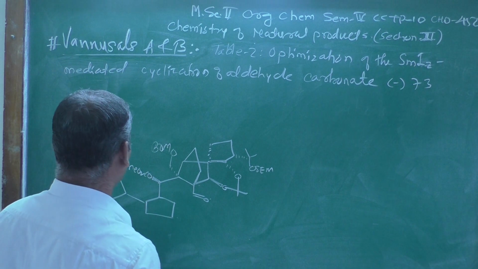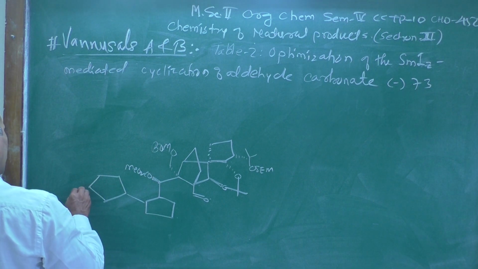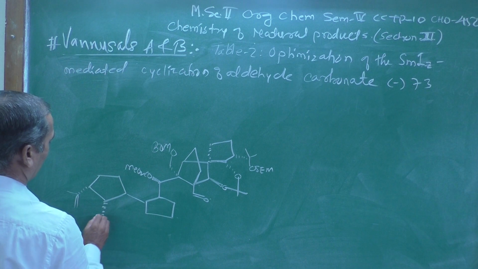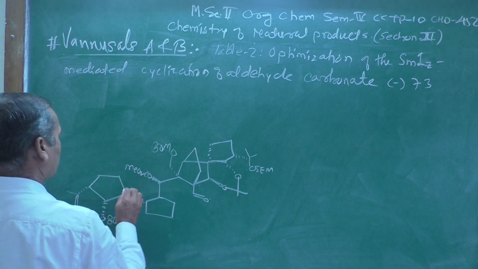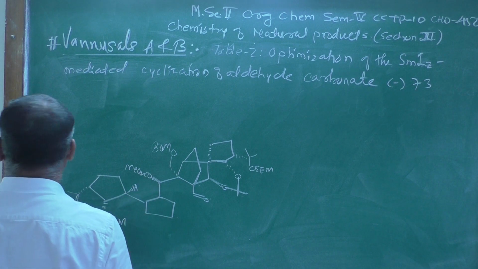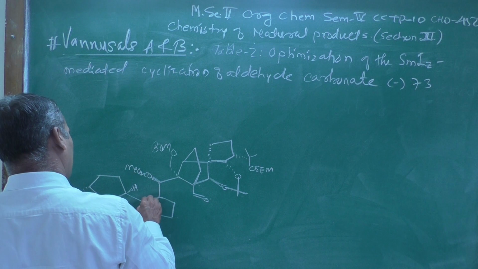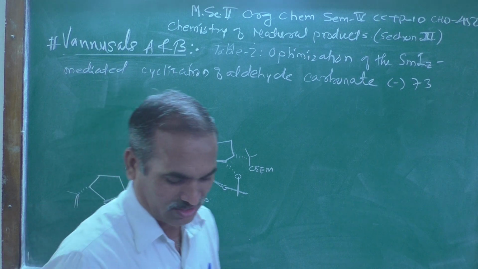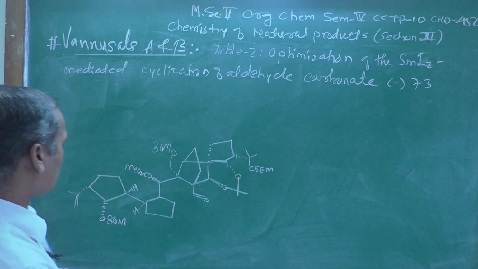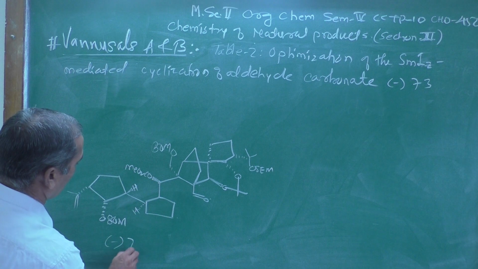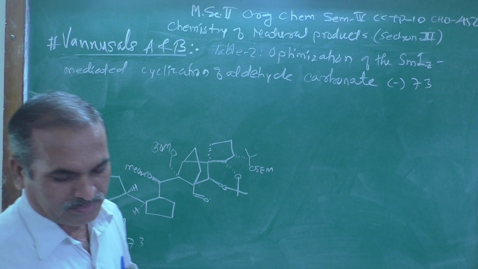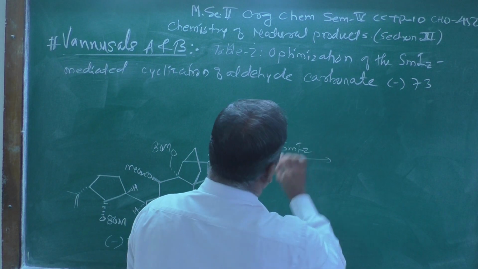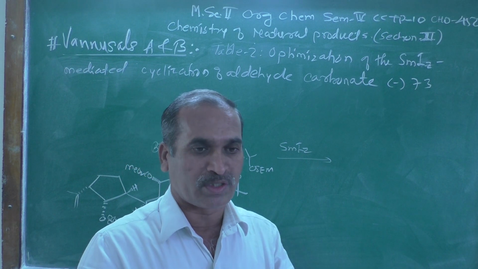And here is the group CO2Me, and the ring A contains the group, this one, I am showing BOM as it is. Here the hydrogen atom which is above the plane, and at this corner point the hydrogen atom should be below the plane. If you observe this structure carefully, what do you see? This structure is nothing but minus 73, and whenever there is an addition of SmI2, that is one of the important key steps